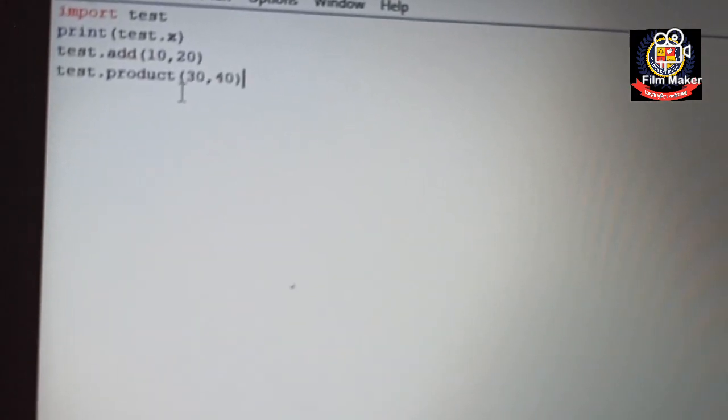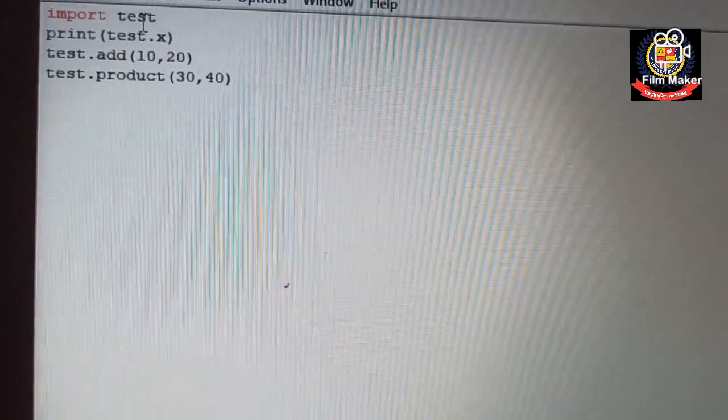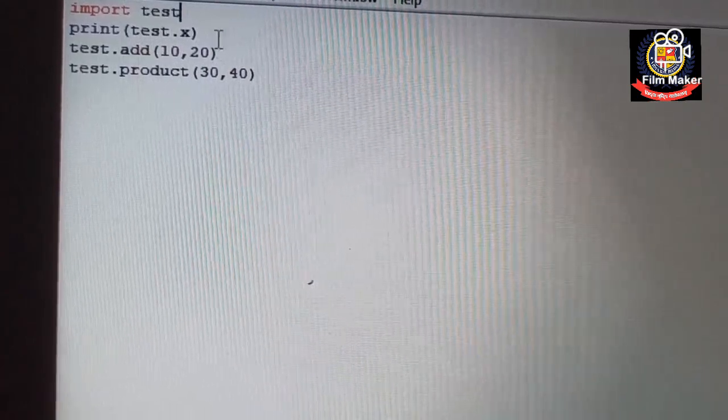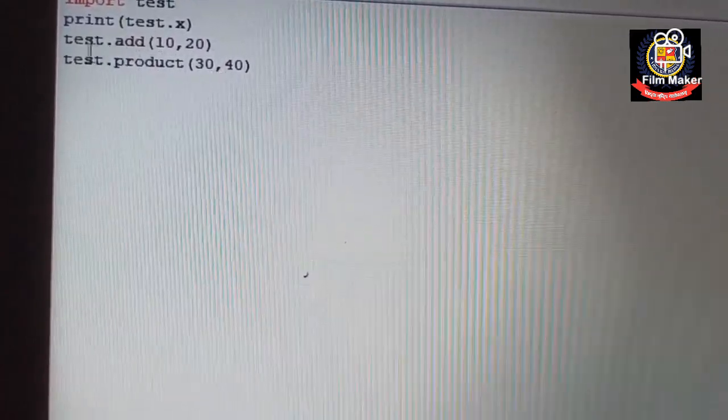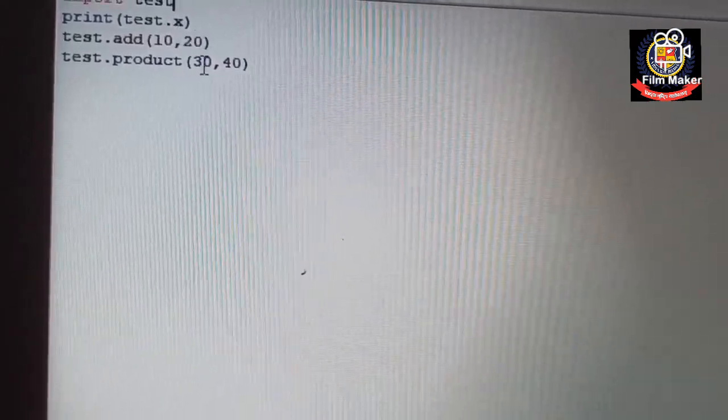So what I did basically here is first import the module, because I have created the module with the name test.py. So I mentioned import test, then print test.x for accessing the value of variable x, then test dot function name, and then the values.